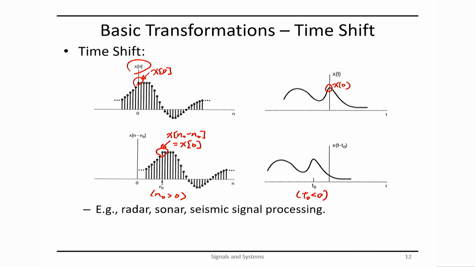So in this continuous time signal, you observe the value x of 0 at time t equal to 0. Now, if you look at this transformed signal, when do you observe the value x of 0? Right. You observe the value x of 0 when t is equal to t naught. Okay? So when t is equal to t naught, t minus t naught is 0, so this value here is x of 0. Now, this time shift transformation you can observe in many practical systems, many of which are related to